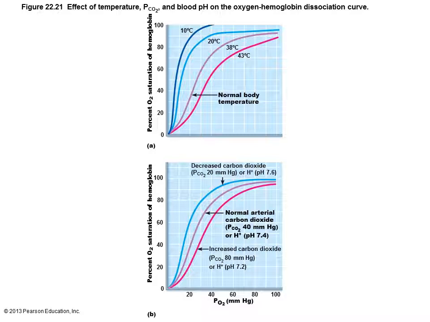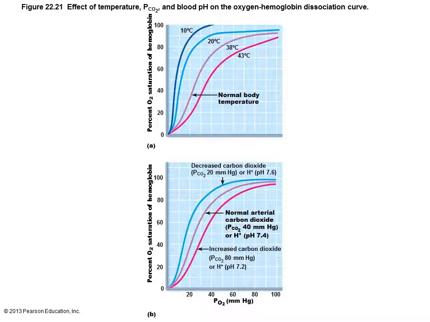And also, if you increase the proton concentration, in other words, if the pH is becoming lower, as shown in the red graph on the right side of the normal purple graph, less oxygen is bound to the hemoglobin, therefore more oxygen is released to the tissue where active metabolic